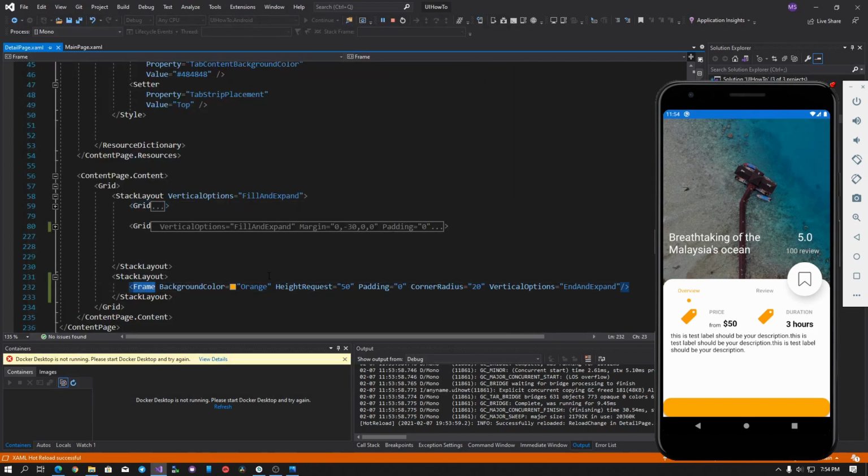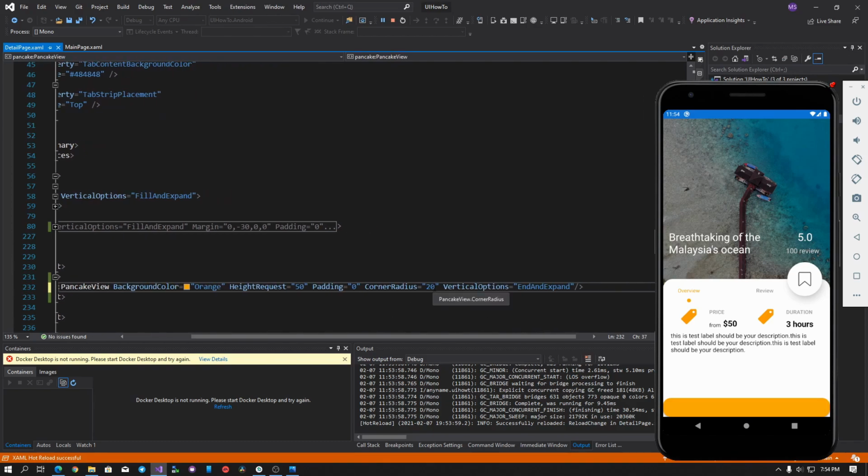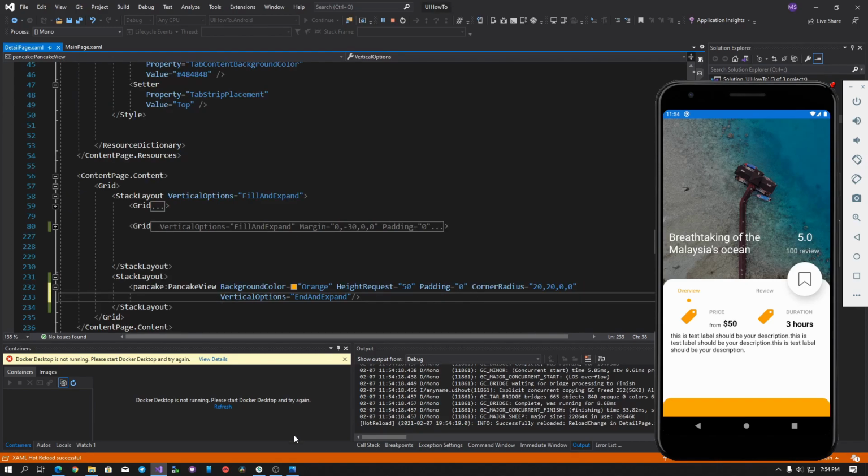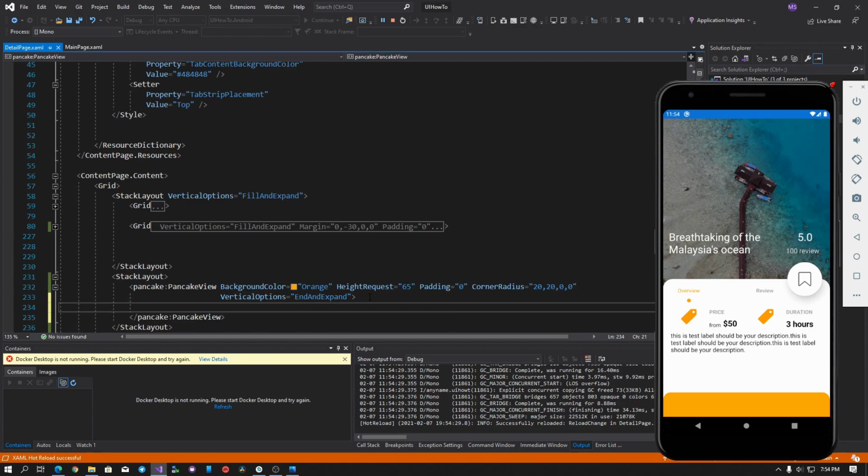And I'm going to use a Pancake view. And then inside the corner radius, I'm just going to put the necessary radius. Alright, so we're done over here. I think we should make it a little bit higher. 65 should be great. Okay, and then inside there, in the Pancake view, I'm going to put a label